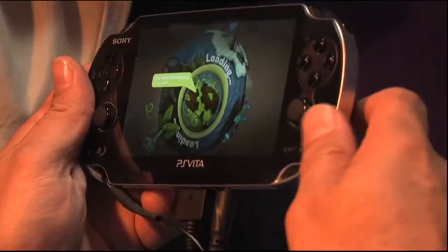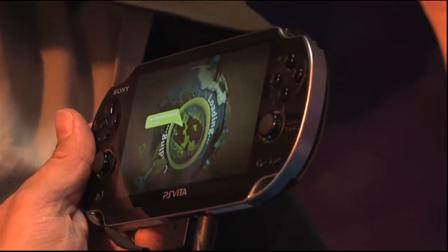I know it's early going, but do you plan on possibly supporting LBP.me, that great website for LittleBigPlanet 2 levels, to send people to discover them? Absolutely, yeah. We love LBP.me. It's so cool, and our challenge is always to make sure people can find the good stuff. There's over 4 million levels made for PlayStation 3, and it's really important that people can find the good things, because there is a lot of them, but there's also a lot of crap as well in 4 million levels. So you want to make sure you can...